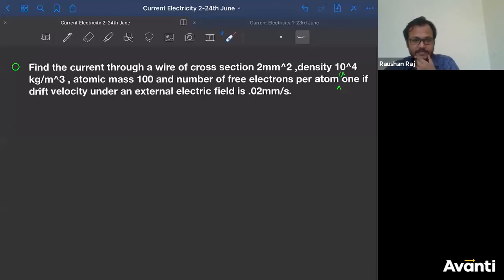Okay, now Meghna has answered. No, it won't be this big, bacha. I don't think you'll get current of order -23. Your answer is 6.4 into 10 to the power -23 milliampere. That means 10 to the power -26 ampere. That is very low. I don't think that will be the answer. According to me, it shouldn't be this big.